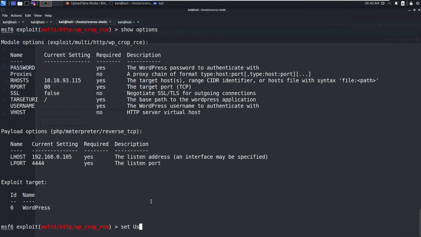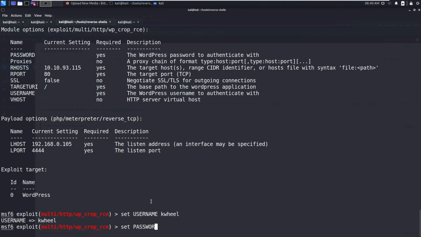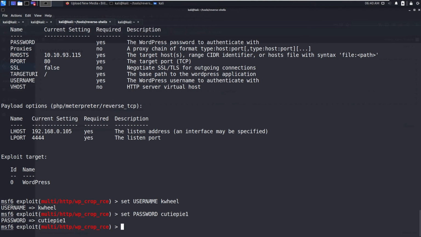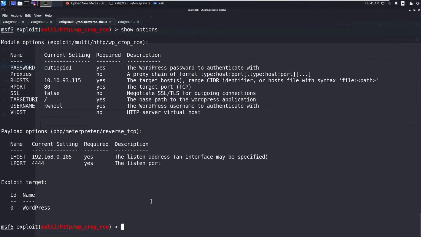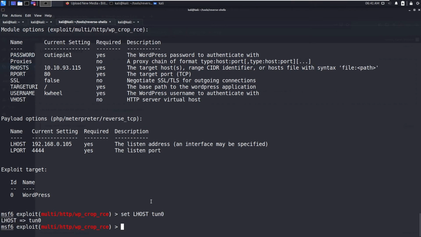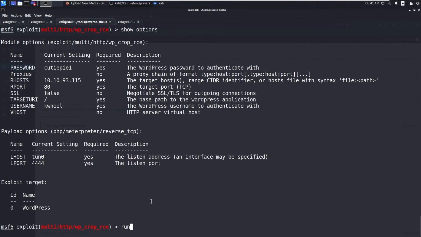Set username kv and set password qtpy1. Show options. Set LHOST to the 10.0 IP address, and I think everything has been set. Now run this.